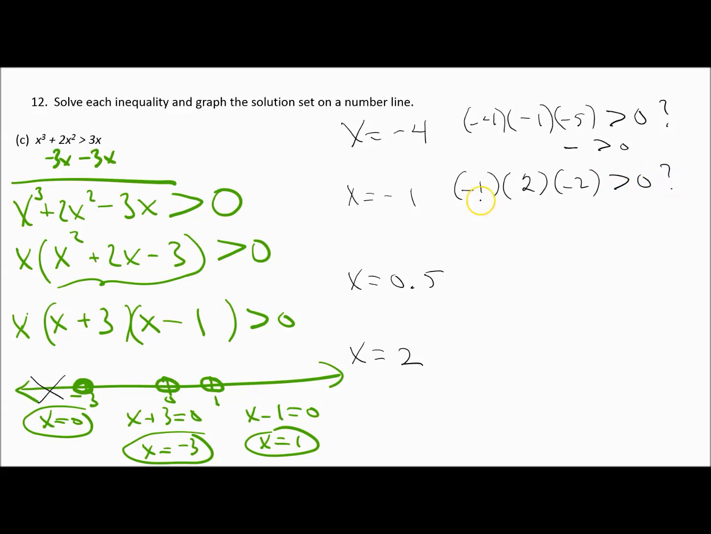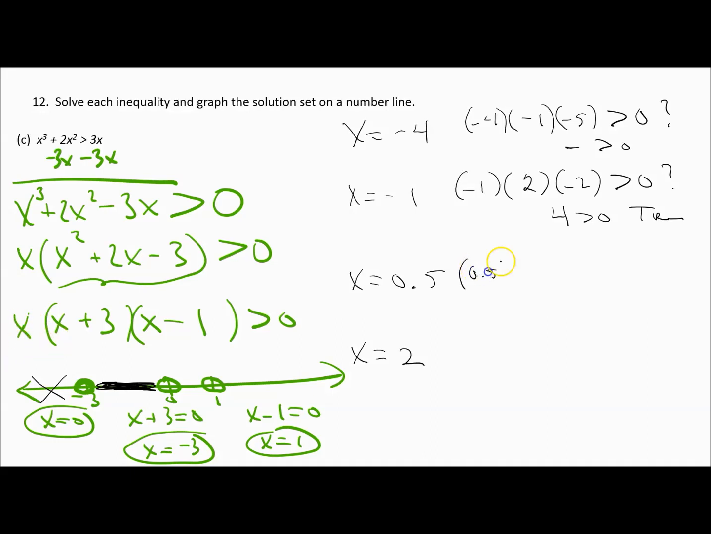Well, it is, because negative 1 times 2 is negative 2, times negative 2 is 4, which is greater than 0. That's true. If it's a true statement, then I shade that part of the number line in. Okay? Now, something between 0 and 1 was 0.5. So here we go. I'm going to say for my x value,